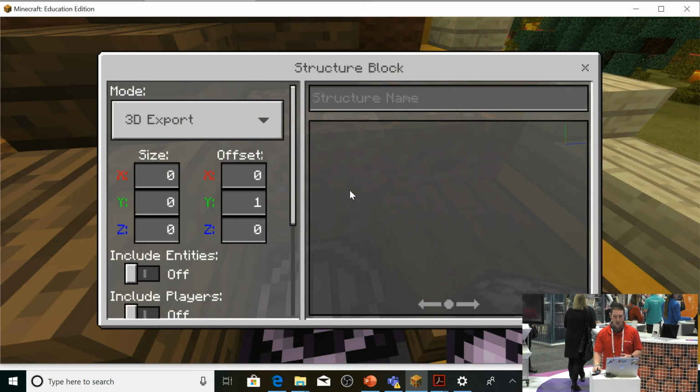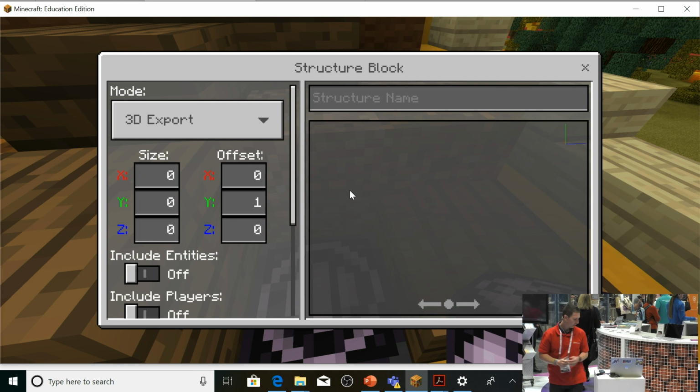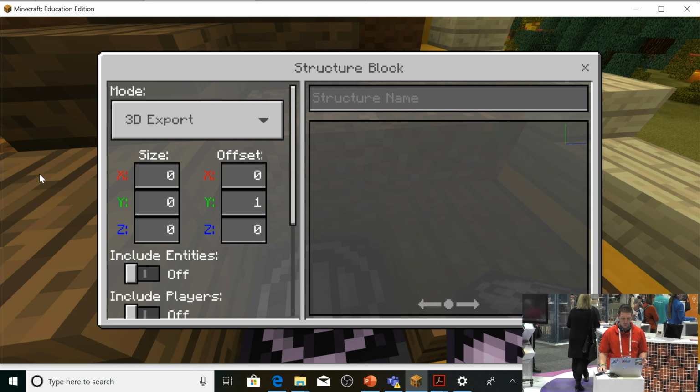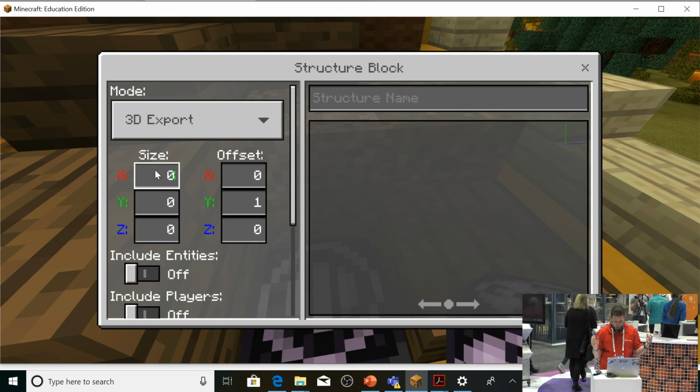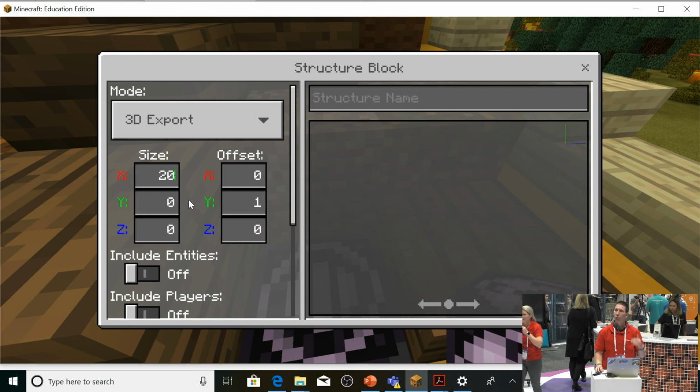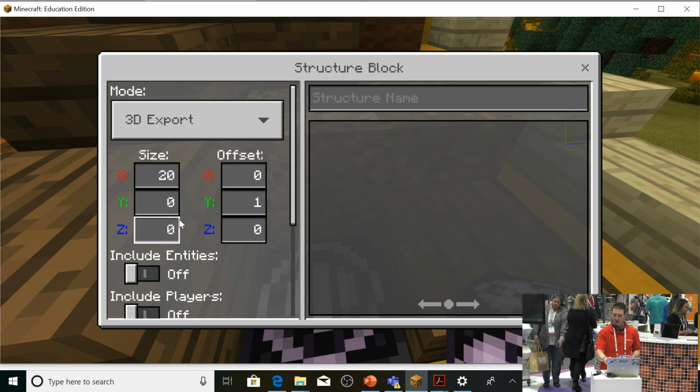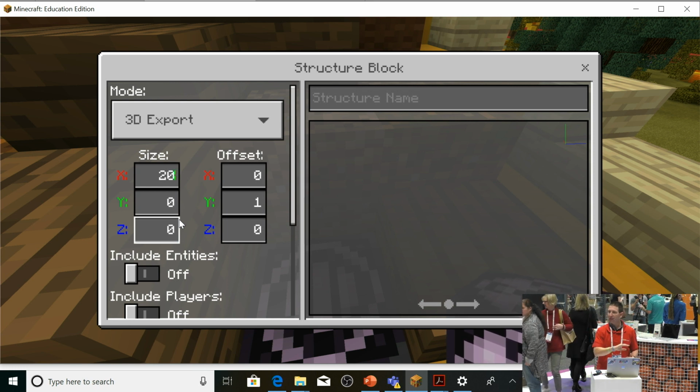If I right click on that block, it brings up a set of coordinates, okay? And I can enter some coordinates into that, and that's going to take a bubble of whatever that's touching. And then that's how you put it into the real world. So just to give you a live demo, I'm going to enter 20, okay, so this is X, Y, and Z axis, okay? So you can actually see in the top right corner, you've got the Y axis being up and down, X being left and right, and Z being forward and back, okay?